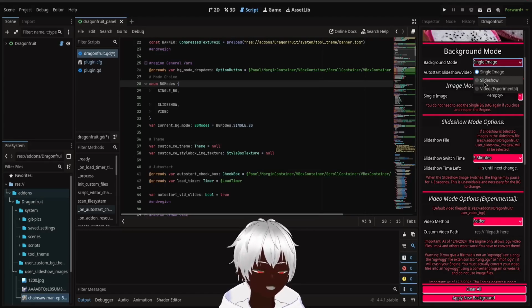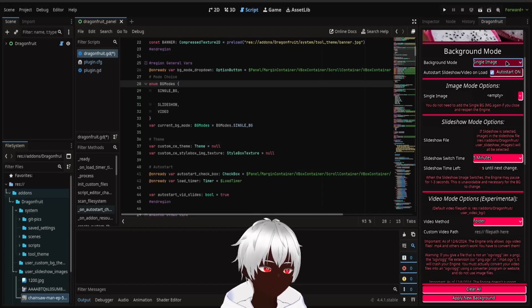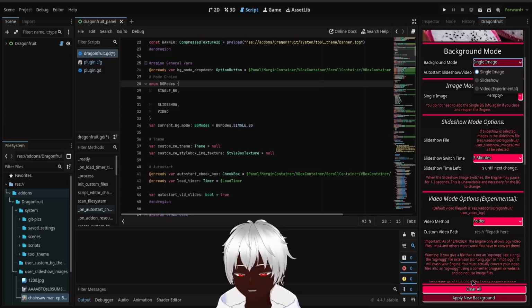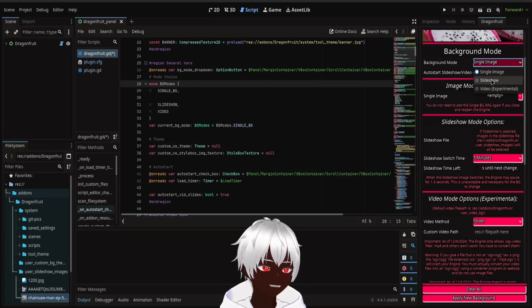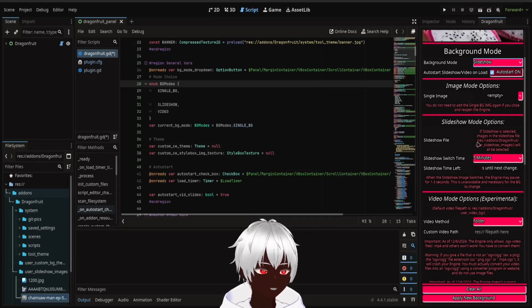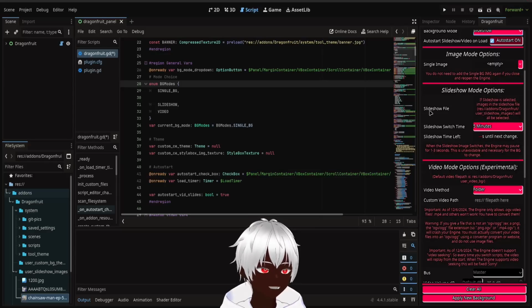This chooses what will happen when you click the apply button at the bottom here. So you can set all of these three fields, but the apply new background button will only do what you set here. So if you click slideshow and you go down here to slideshow options, the slideshow file. If slideshow is selected, images in the slideshow file, which is at res, add-ons, Dragonfruit, user slideshow images, will